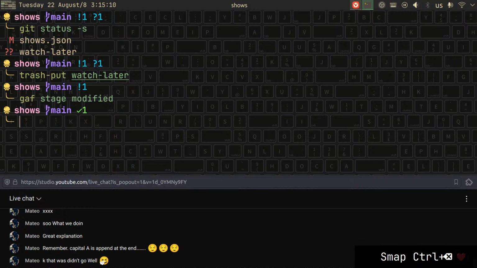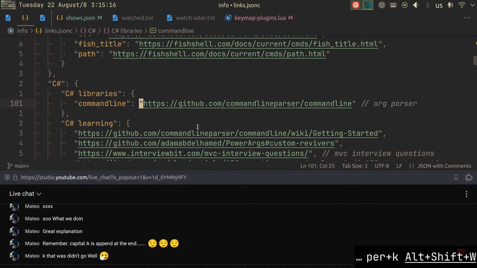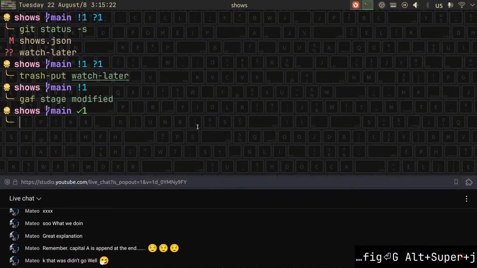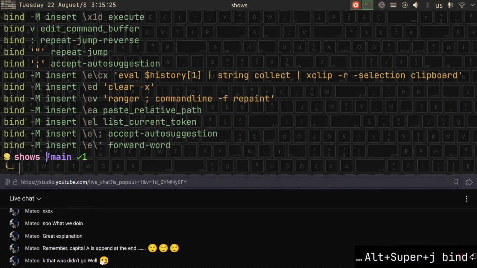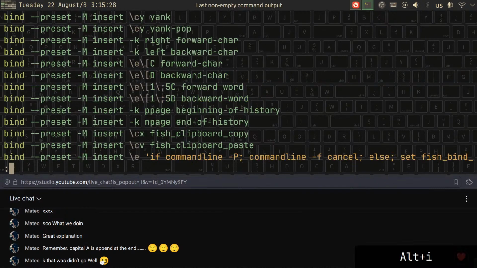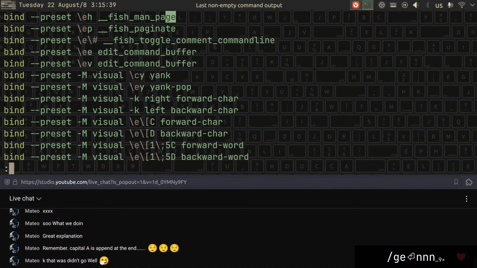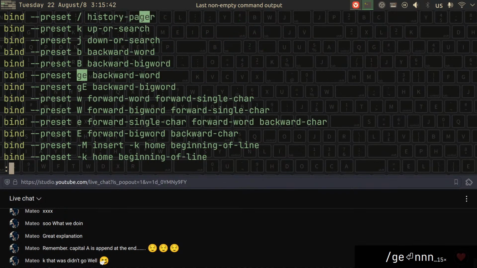Map, or what's the thing? Config. So how do you, okay, bind, yes, and it just shows you every single one of them. Bind preset, oh, interesting. So let's try to find GE here. And I imagine it's just not defined. No, it is. Backward word. So the same as,